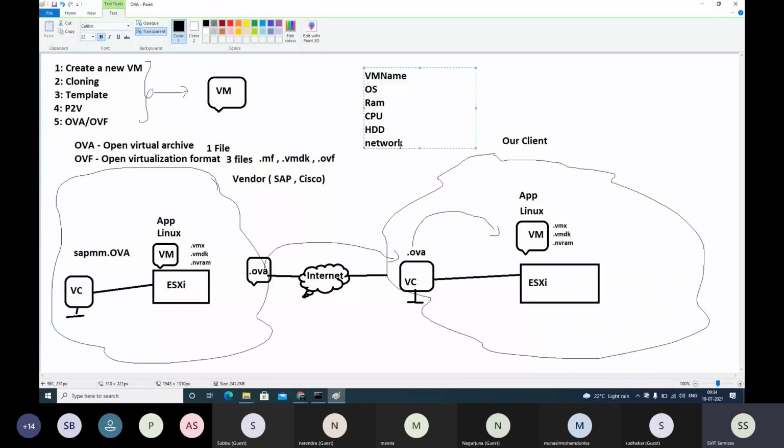Okay. Now, when somebody requests your VM with these specifications, you have to deliver a virtual machine with the same specifications. You should not put any unnecessary data, and RAM, CPU, everything should be the same. So you can use the first method, cloning or template, whatever it is, or the fourth and fifth. But the output should not have any unnecessary data. It should have exactly the same data.